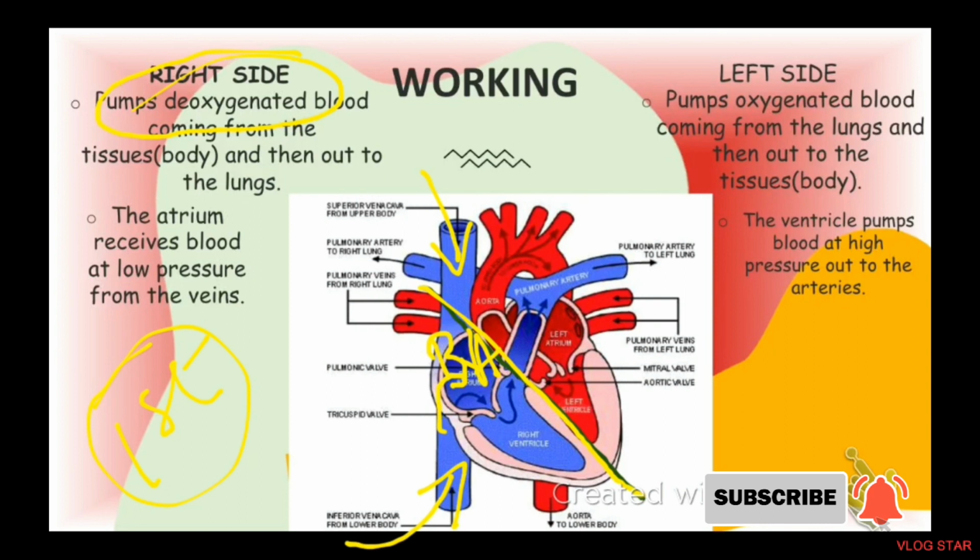This right atrium is now going to push the blood into the right ventricle, and again, as I said, the upper and the lower halves are being divided by a valve. So this valve is going to see that the blood is only going to flow from right atrium to right ventricle and not in the reverse direction. That means that blood is not going to flow from the right ventricle to the right atrium, right? Okay.